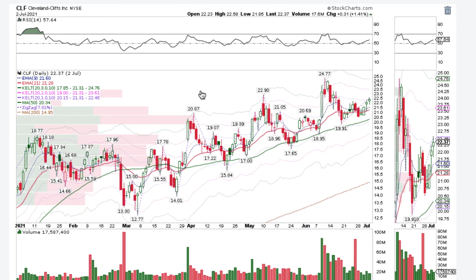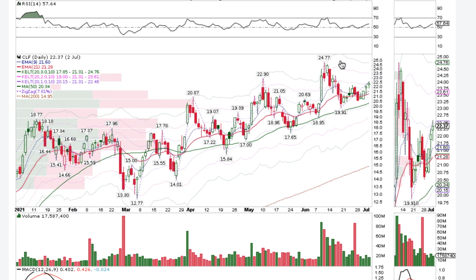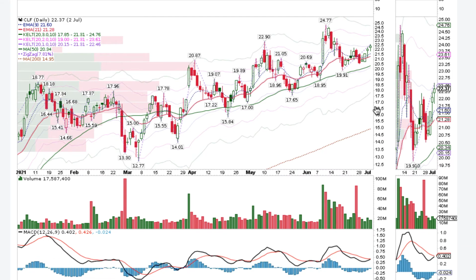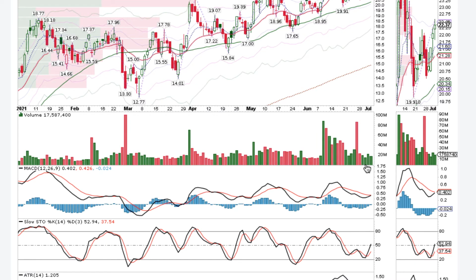And recalling that value stocks took a back seat to growth last week, we did see Cleveland-Cliffs rising for a third day off the 21-day starting on Wednesday, finishing the week with buyers underneath each of these candles looking for a follow-through back up to highs. On Cleveland-Cliffs, have a position in this name only shares at this point, with trades in U.S. Steel noted by Frank and Brother Bill last week. As they look for follow-through, we've got MACD turning, stochastics rising, volume increasing, showing institutions have been present and buying